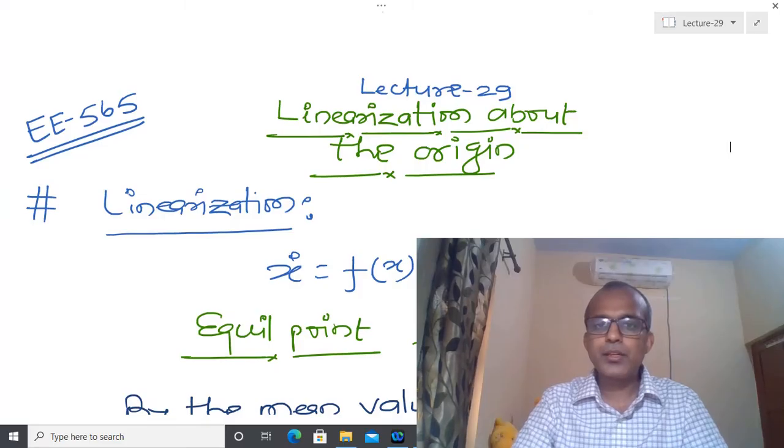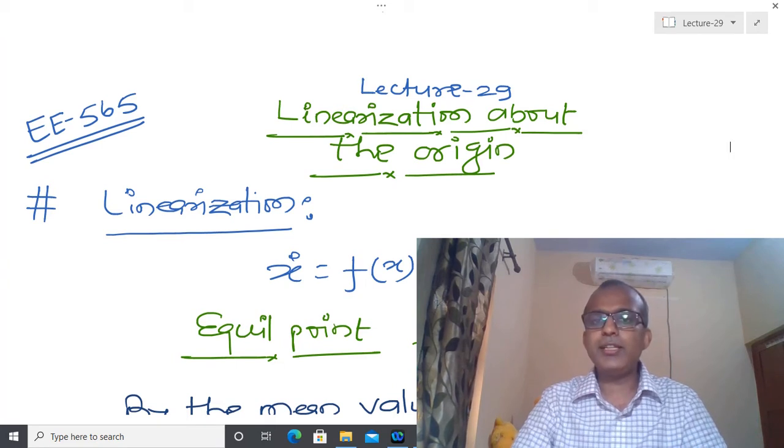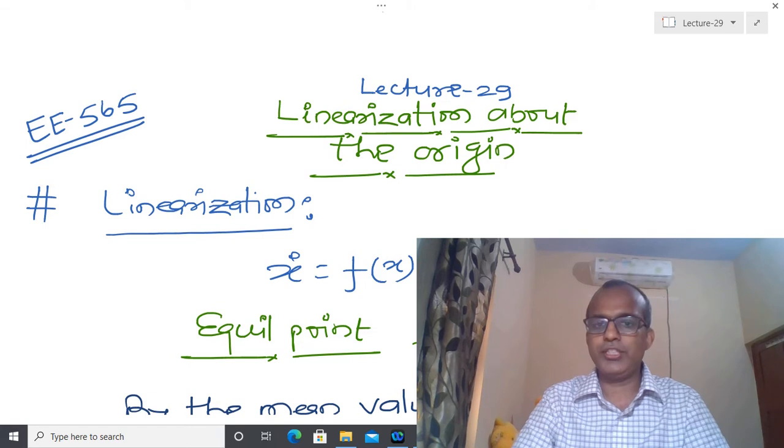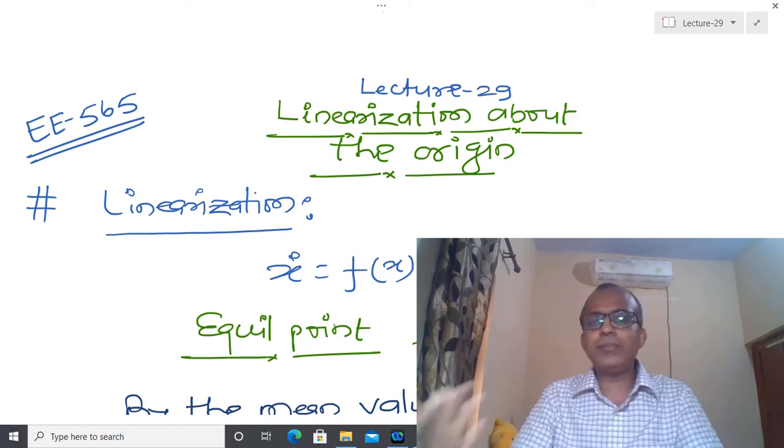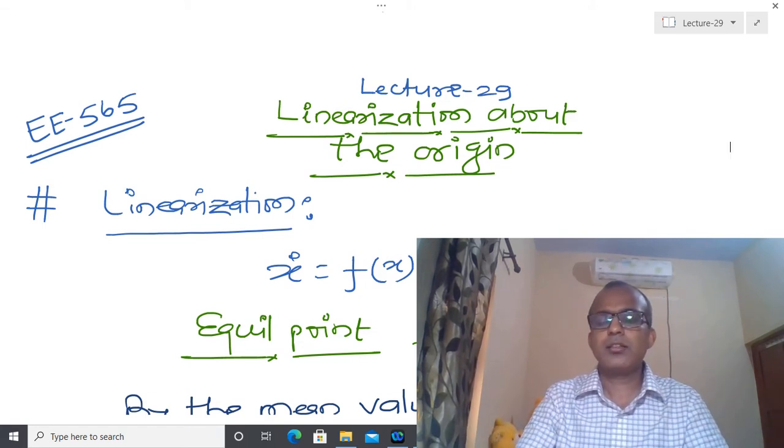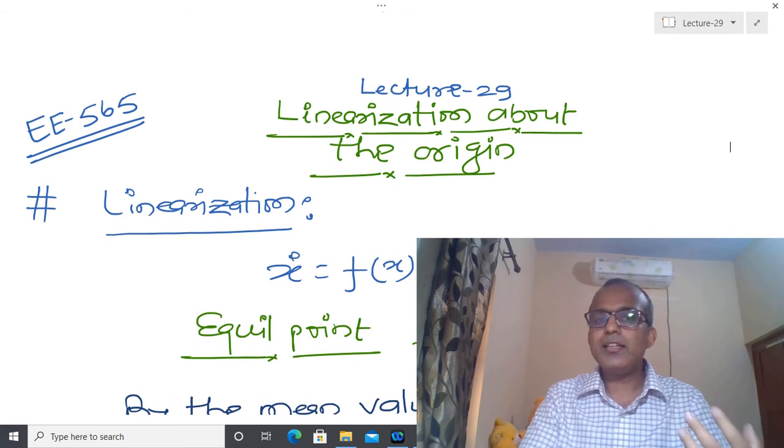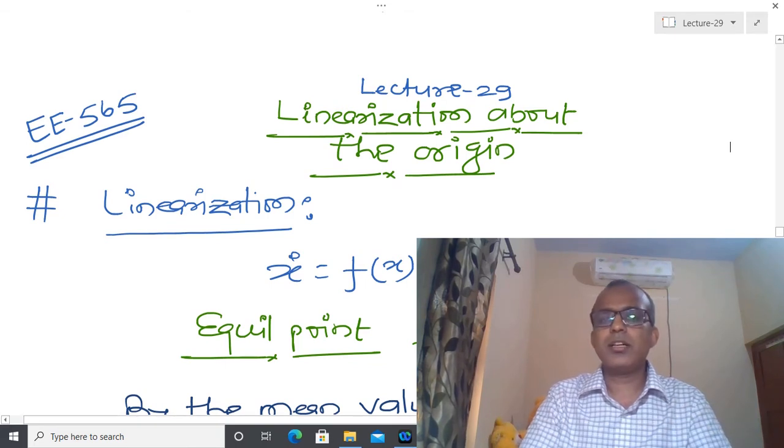Welcome back. In today's lecture, I am going to talk about the linearization about the origin. I hope that you have already learned this kind of technique in the linear control course or modern control course, as well as in the nonlinear control course, where I have also taught this. But here we are going to see why linearization works in the neighborhood of the equilibrium point only, and